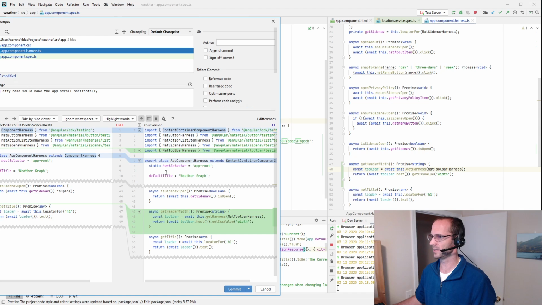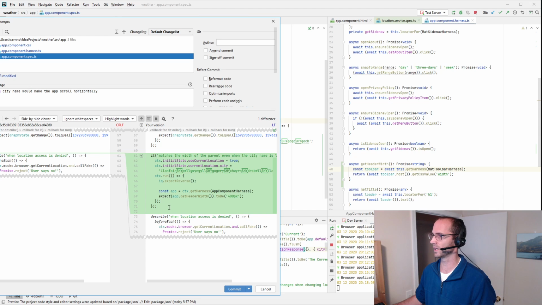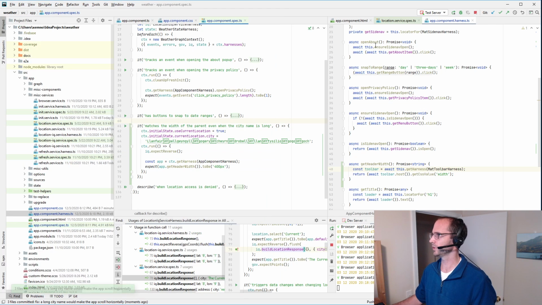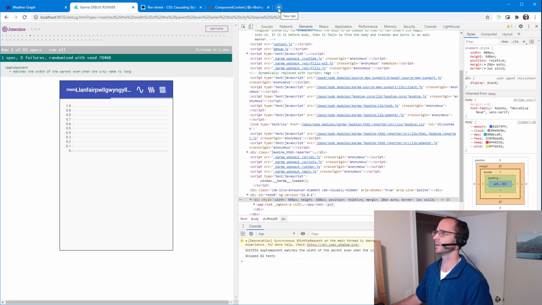Take a look over my diff. Always look at your diff before you commit. That's my rule for myself, at least, and I recommend it to my team. I think that's beautiful. Commit and push, and now let's just for fun